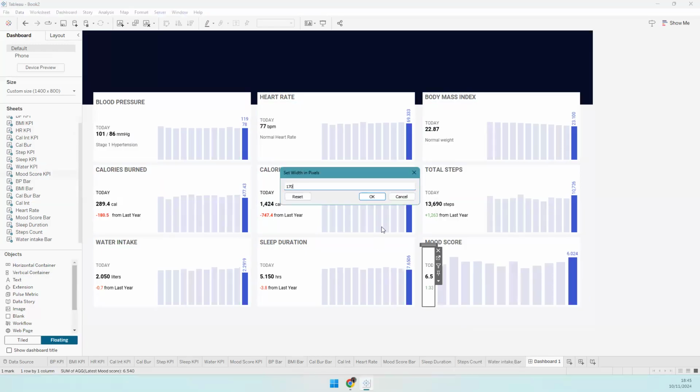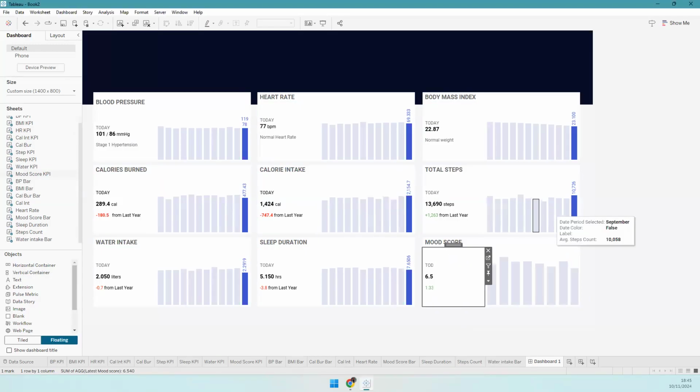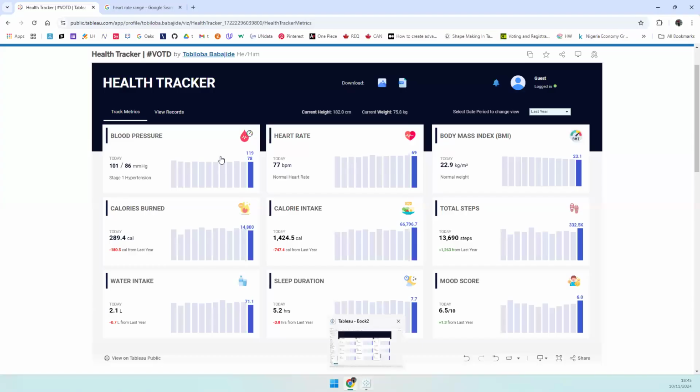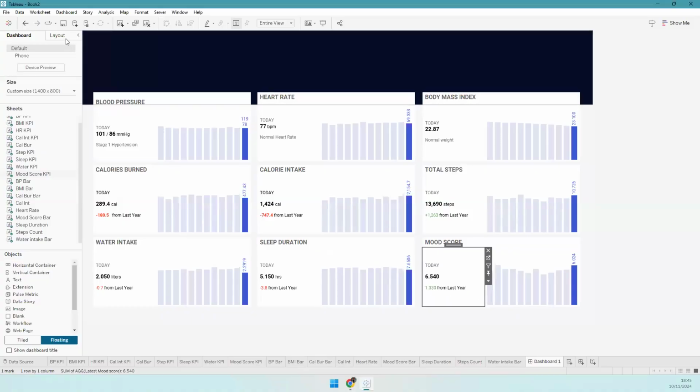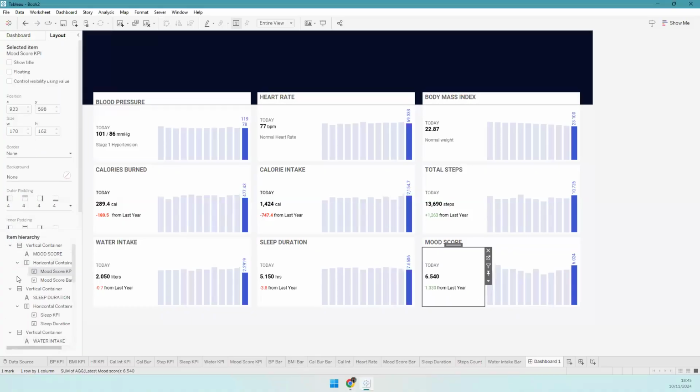And honestly, what we have here is basically what we have here already, aside from a few touches. And those are just going to be the few things we'll be adding now. The title, the icons, and stuff like that, just to make the dashboard look good. First, before we do that, we are going to add paddings to our containers